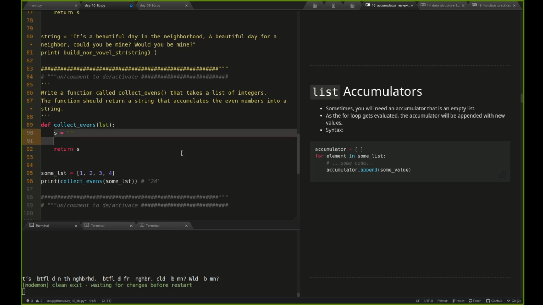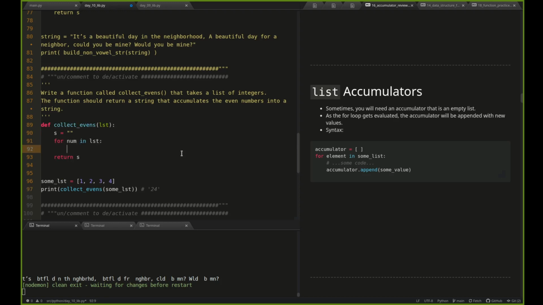So I have my accumulator target. I have my return. So now it's just for num in list, if num mod 2 equals 0, then it's even. Then I'll str plus equals